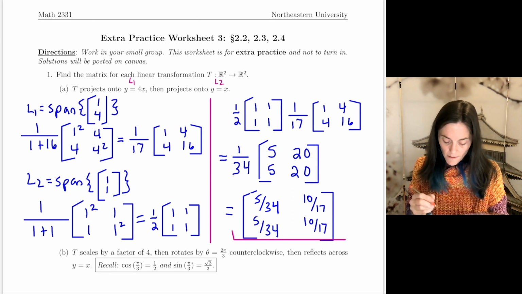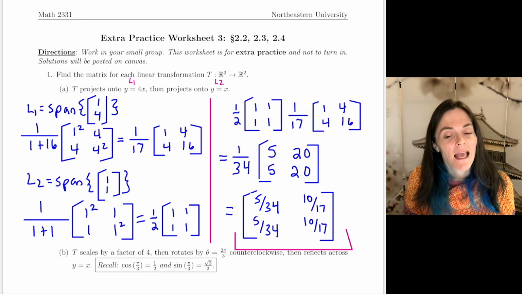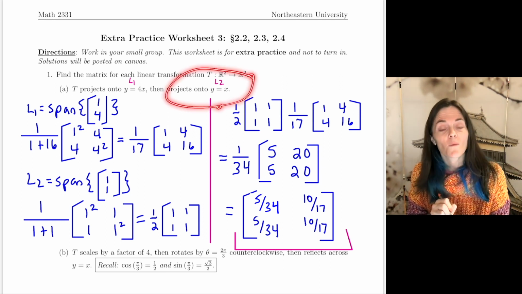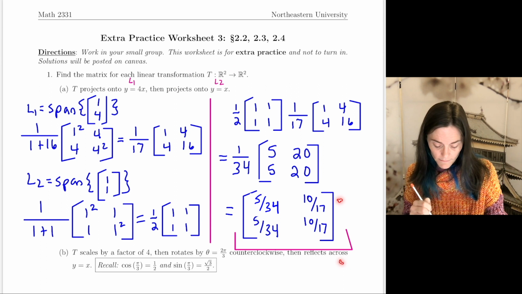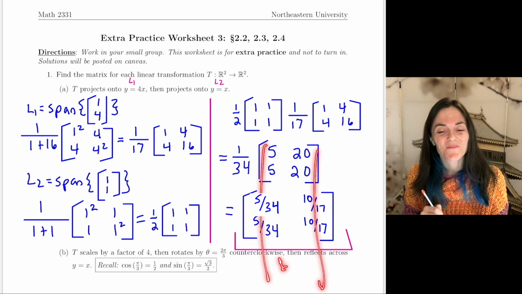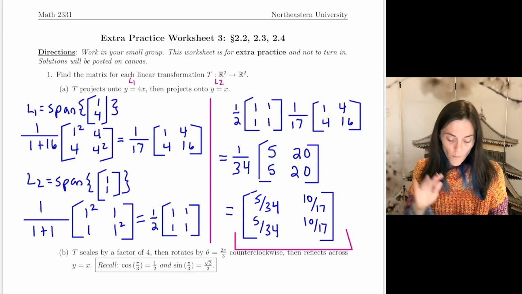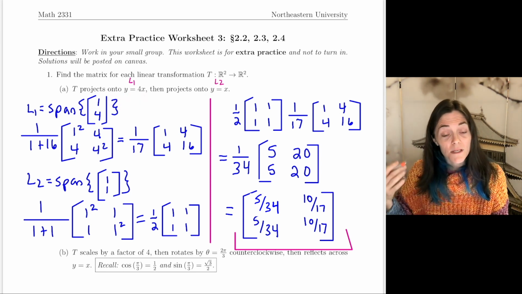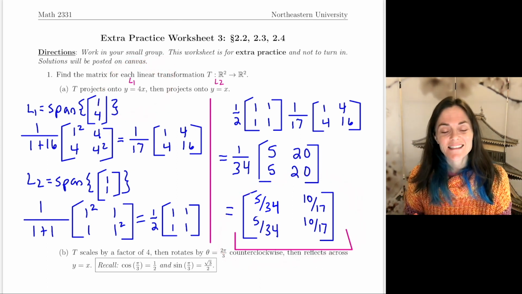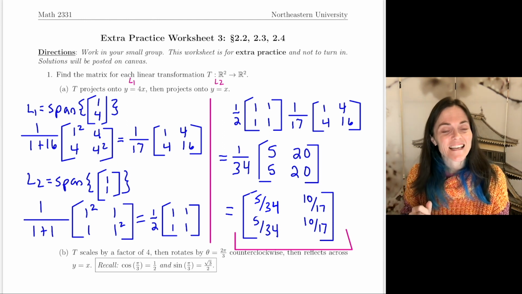Now, recall that I said these two matrices here, this one and this one, do not commute. And you can think about that geometrically, because what happens second is we're projecting onto this line, y equals x. And you see, looking at our matrix, this column and this column both lie along the line, as they should. On the other hand, if first you projected here and then you projected here, which would be multiplying in the other order, the columns of that would lie along the line y equals 4x. And that's just not what we see here. So it's important to get the order right when we multiply, when we are composing transformations.